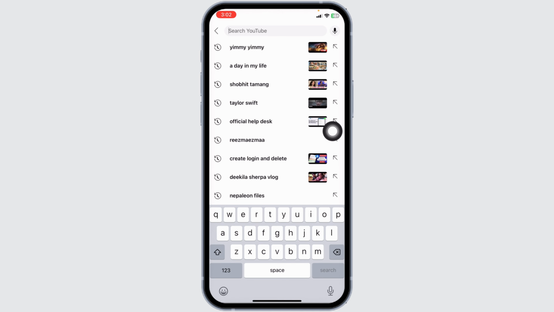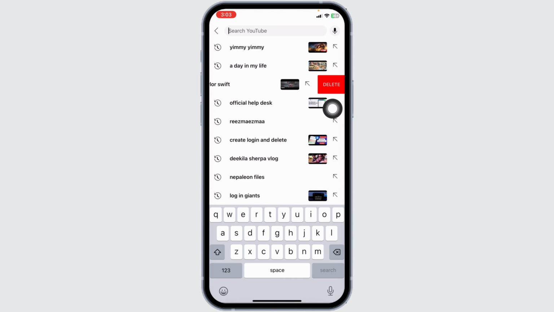If you just wanna delete a specific search, what you can do is swipe to the left. You'll see the option of delete. Click on it. You can do the same for other searches as well,